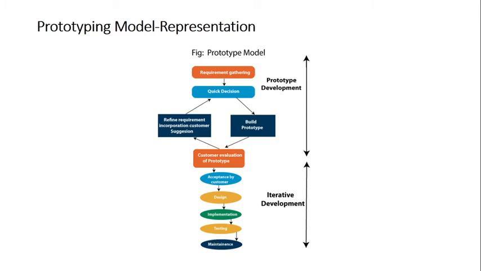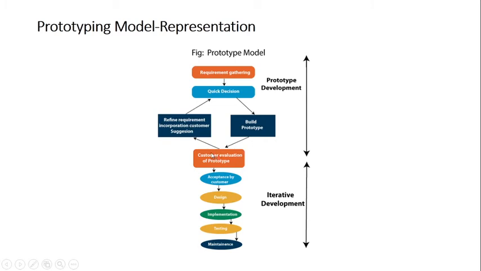Now there is one problem in this model. Say you're giving it to the customer for evaluation and this cycle is repeated, right, many times. Now assume that the customer is never satisfied. Again he is giving changes because he himself doesn't know what he wants, because he's not a technical person, he could be a normal human being, right? So he couldn't understand his problem himself, so he'll ask for changes.